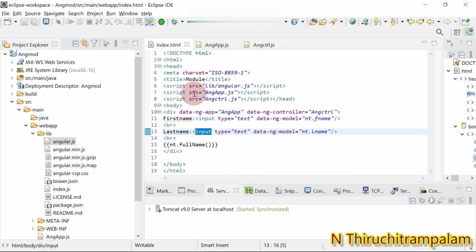Those files are included in the HTML file using the script element, right, and then we make use of it. That's about the module.